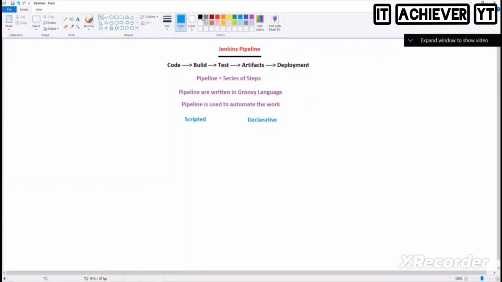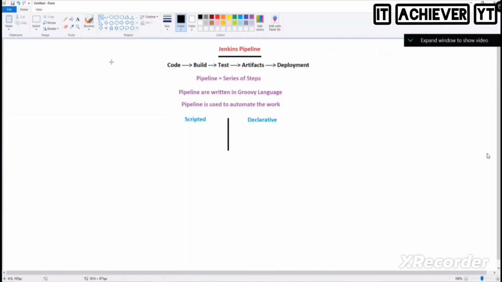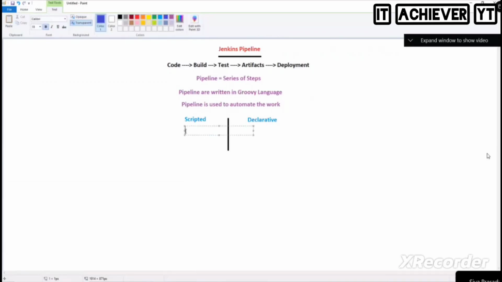Out of these two, does anyone online with experience know which one is used? Scripted or declarative? The answer is declarative. Which one will people mostly go for here? Declarative. So scripted is very short, and declarative pipelines are a little bit